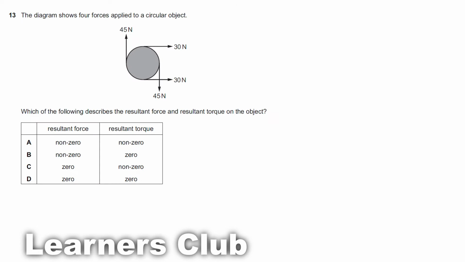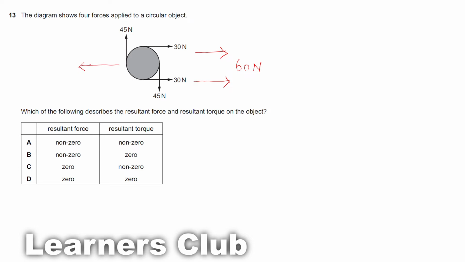Question 13. The diagram shows 4 forces applied to a circular object. So there you can see there are 4 forces acting on this circular object. Which of the following describes the resultant force and resultant torque on the object? Now first let's check whether this circular object has a resultant force. Now we know that there is a 30 newton towards the right and also there is a 30 newton towards the right. So in total we have 60 newton towards right,